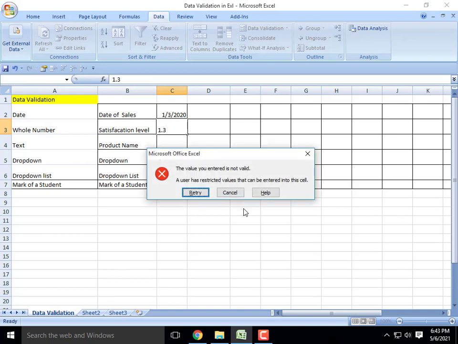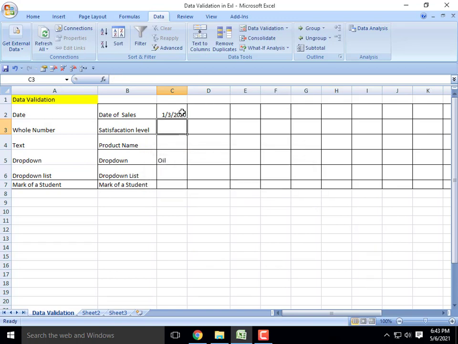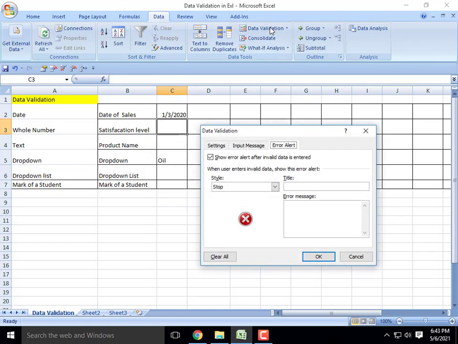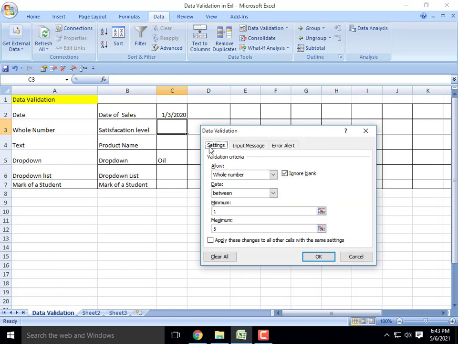Let us see how to fix this. Again go to Data and select Data Validation. In settings, my number range is 1 to 5, which is the satisfaction level, from highly satisfied to highly dissatisfied. So here 1 is the minimum number and 5 is the maximum number.